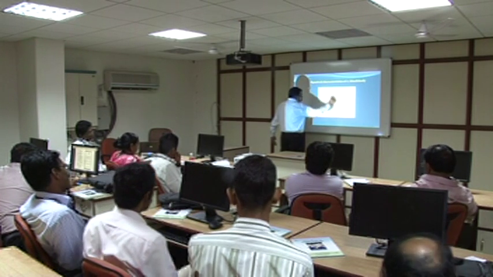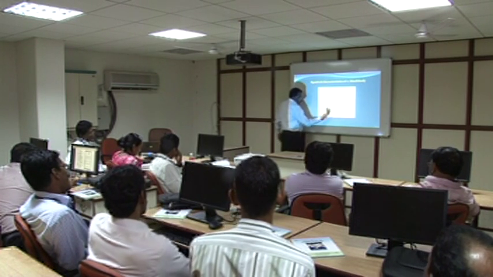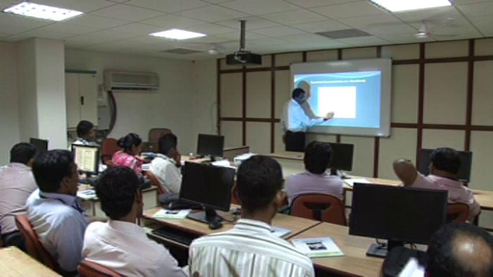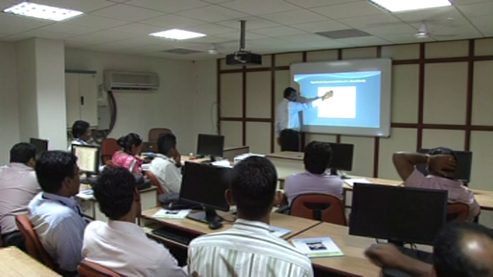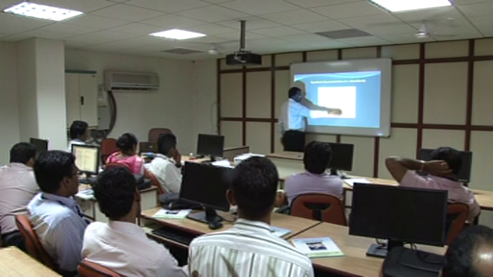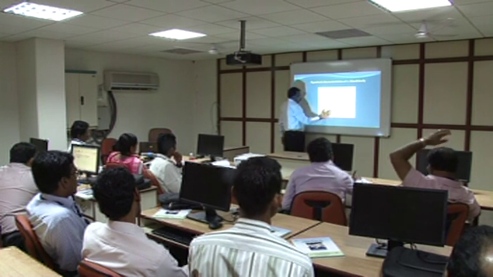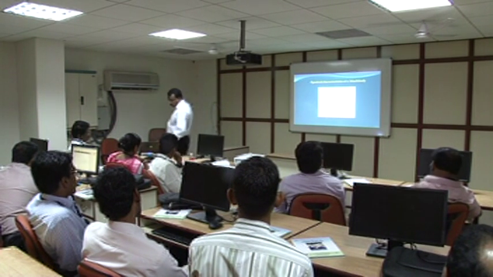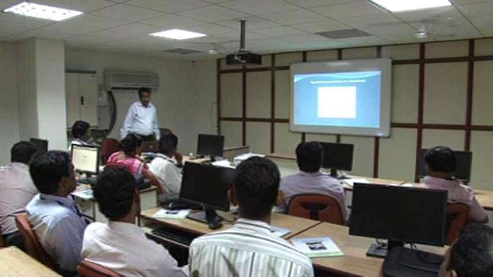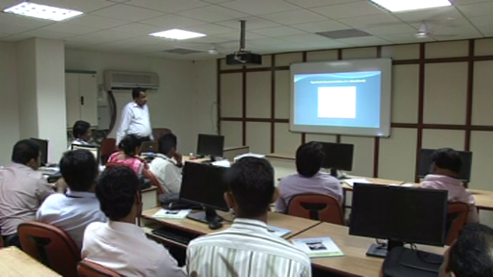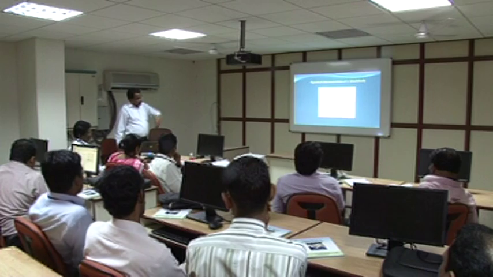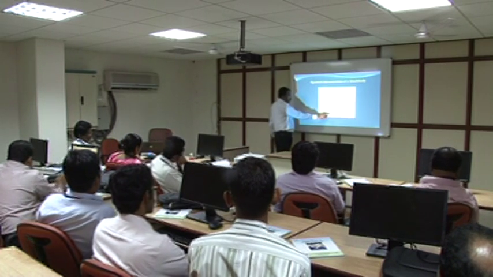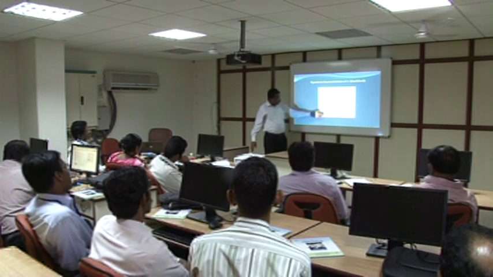For visible, we are taking from 0.4 to 0.7 up to near infrared. Maximum energy is there, peaking around 0.52, and here peaking around 9.6. So these bands are exclusively used for exploitation of these sorts of parameters. For example, for chlorophyll estimation we are using the visible. For suspended sediments, we are using this as well.